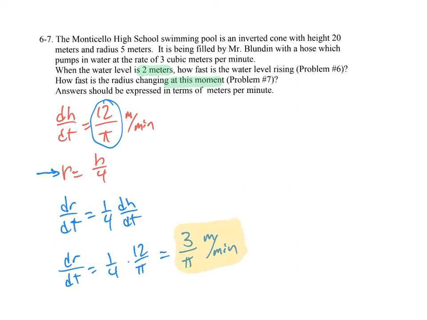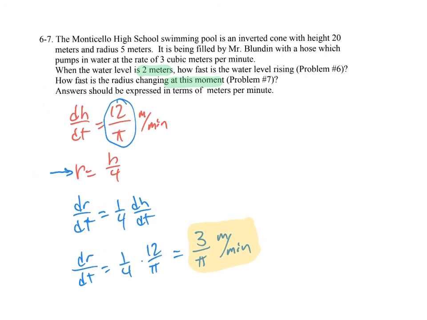Now, the key to this problem and what made this one more challenging, and this happens a lot with cylinders and cones, is that the container itself helps us discover the relationship between measurements in terms of the stuff that's in the container. So for us, the cone and the relationship between the 20-meter height and the 5-meter radius helped us determine the relationship between the radius of the water and the height of the water that's inside the cone. Once we figured out that the radius was 1/4 of the height, we were able to complete the rest of this problem. First, it helped us get rid of variables in the original equation, and then down here at the end, it helped us figure that rate for the radius,